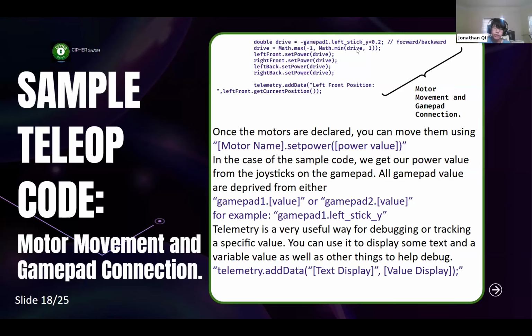And then in our code, after we get the power, you can set the power using the motor name and then the power value. Power values range from -1 to 1, which we did here using math to max it out so it doesn't go over. And then a way to get feedback to debug specific code that you might want to debug